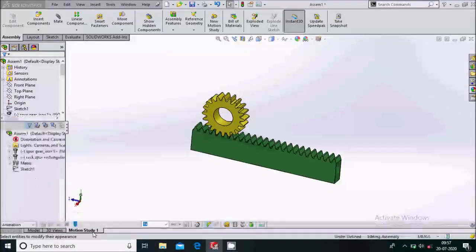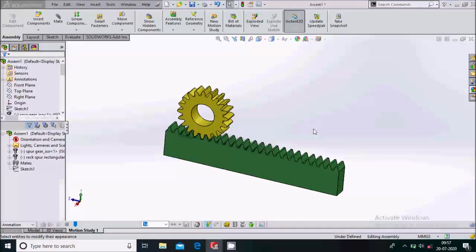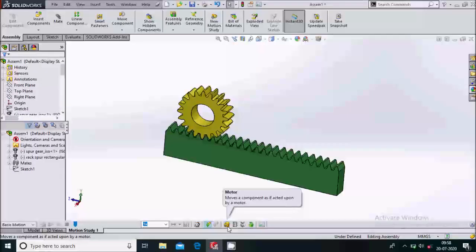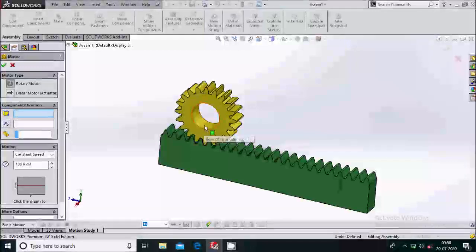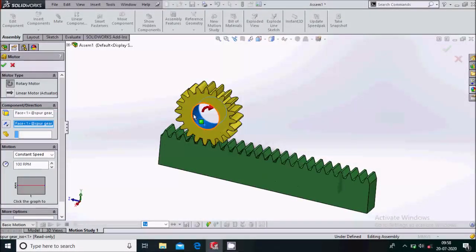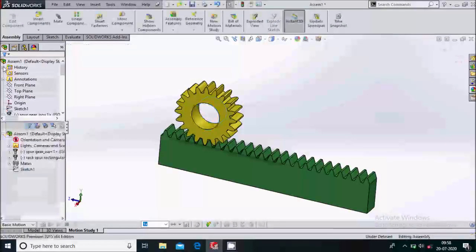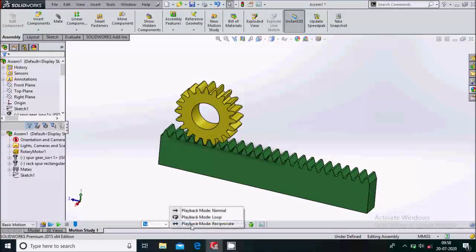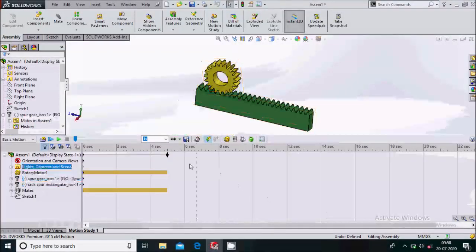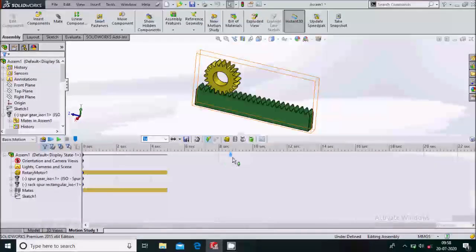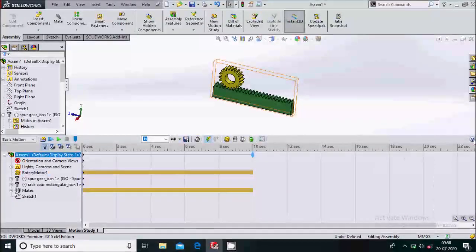Now we'll go to motion study over here, right? So in motion study we'll select the basic motion, give the motor, select this, so it will move in this direction, right? So select the RPM 2.5. 2.5 will be the RPM. Say OK, and you must be selected with playback mode reciprocate, and you will just increase this up to 10.